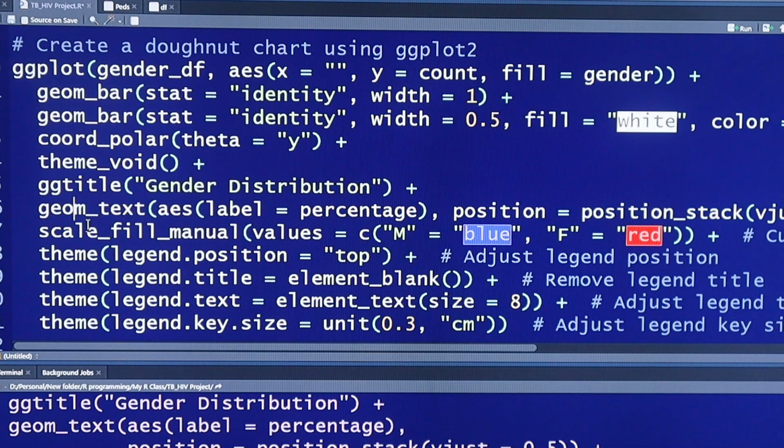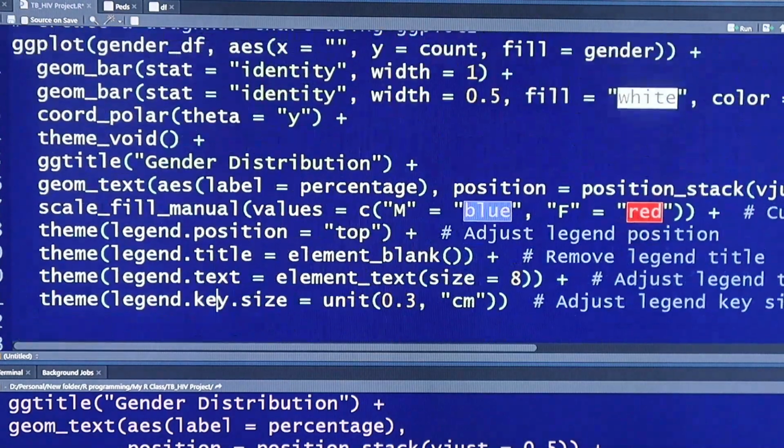So this will be still percentage. So here now we'll say scale equals to fill manual. Then the colors, those are customization of the colors. Then the adjustment of the legend. Then here we remove the title. We say remove legend title, not the title, the legend title, because we don't need it. And now we adjust the text. So this is for the text. And here now is also the text size that we are adjusting for our